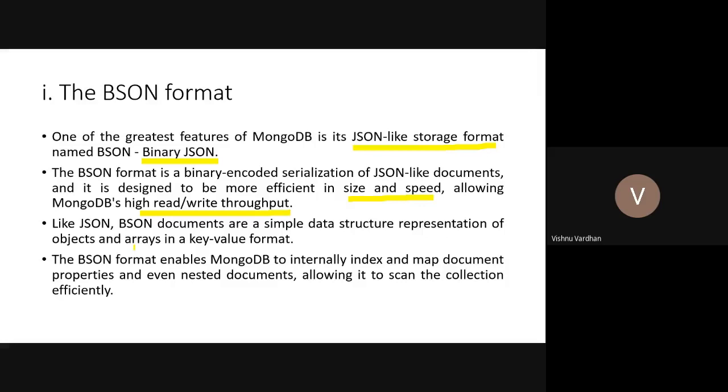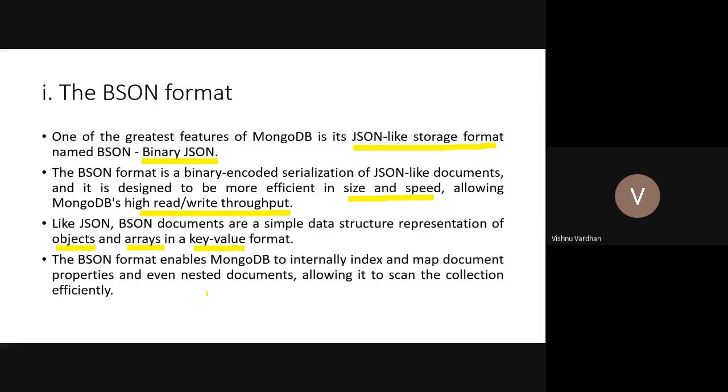So everything is working like a key value format. The value can be an object, an array, or a simple field. All these are supported.